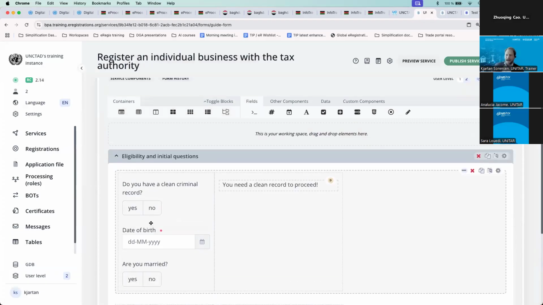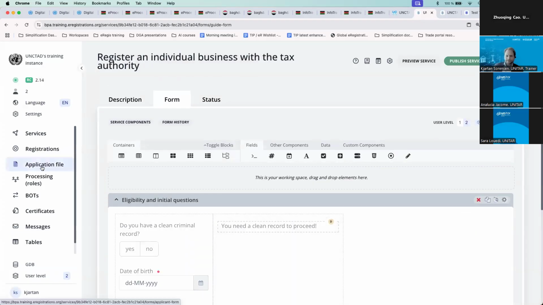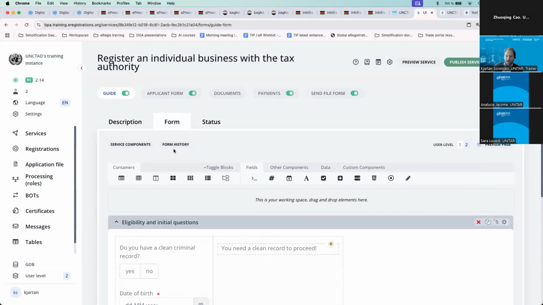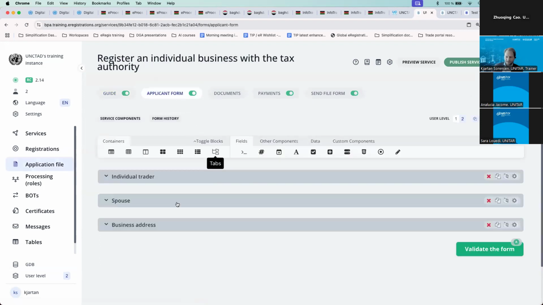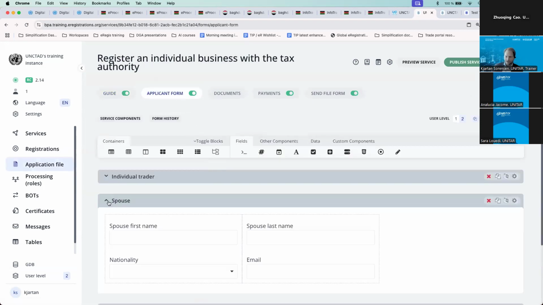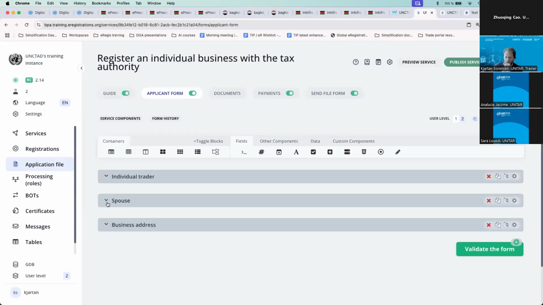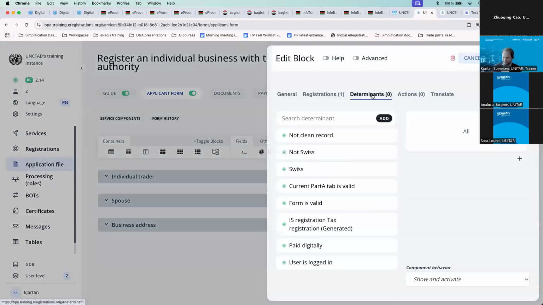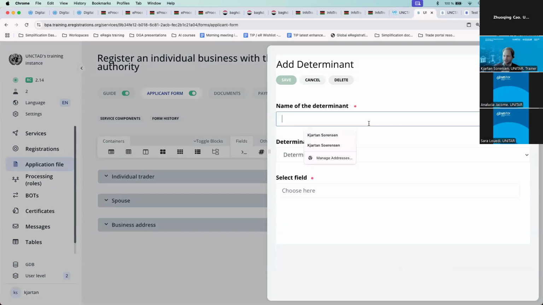So now I need to tie that into my form, right? I want to say, if you say yes, I want to show in the form here this section, right? Make that one mandatory, but I don't want to show it if it's not, excuse me. So I'm going to go in here and create a determinant. And I don't have this determinant here, so I'm going to call it married, right? For instance, I'm going to add a determinant